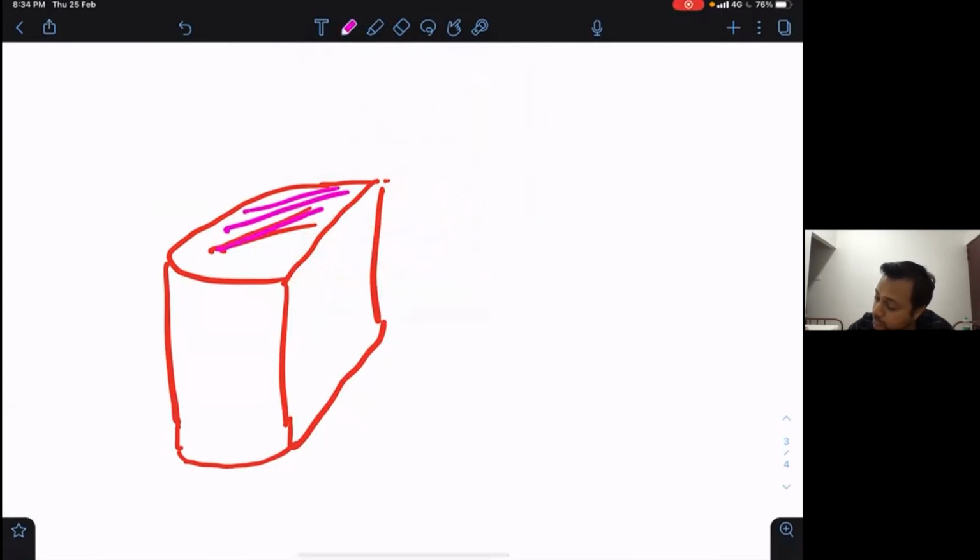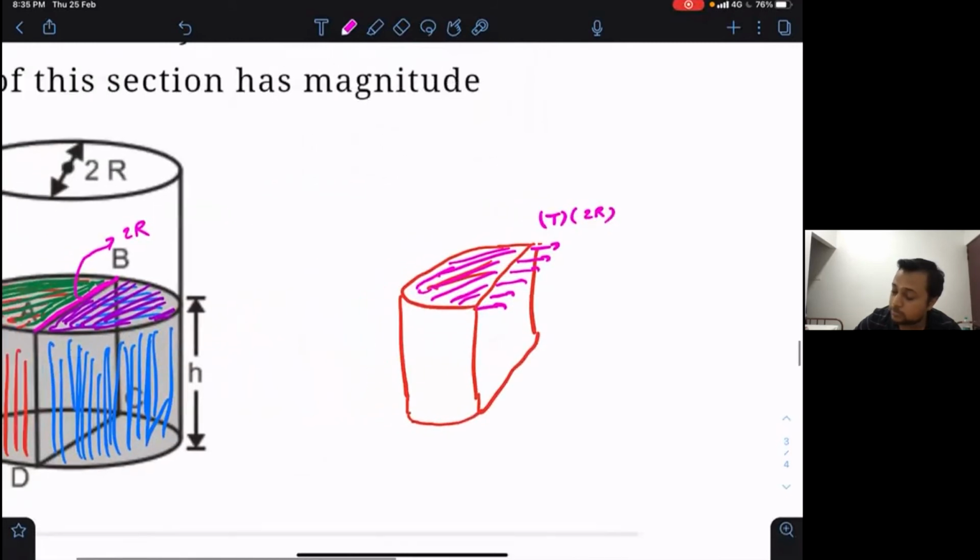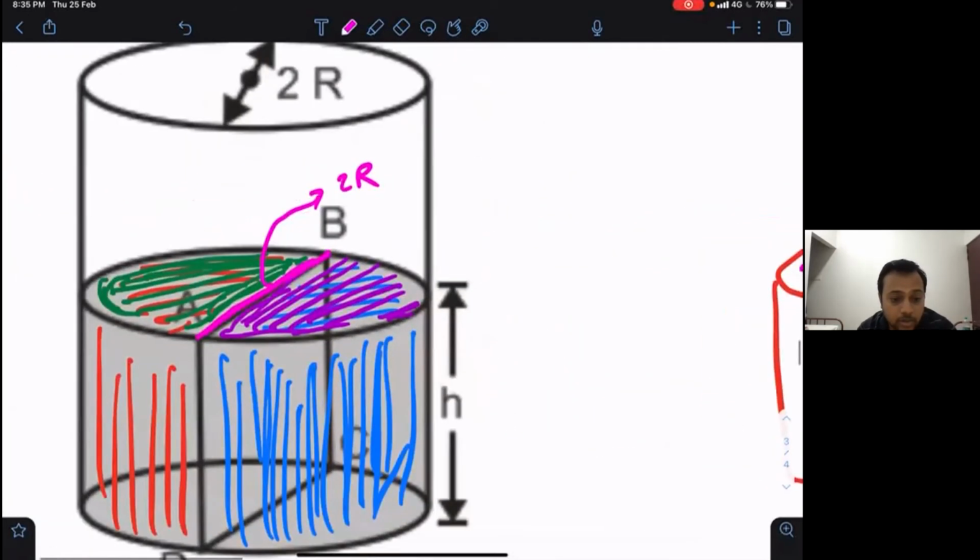So this left half of the surface will be pulled by the right half of the surface, and the pulling will be like this. And this pulling is a surface tension force. The surface tension force per unit length is T. So the surface tension force is T multiplied by the length in contact. Length in contact is 2r. So this is the pull which this green part of the surface is getting from the violet part of the surface. This T into 2r, this is the surface tension force.